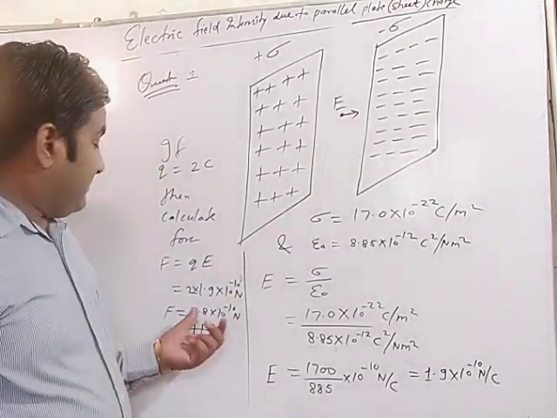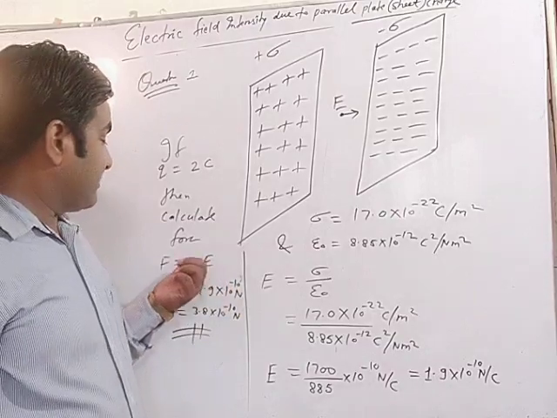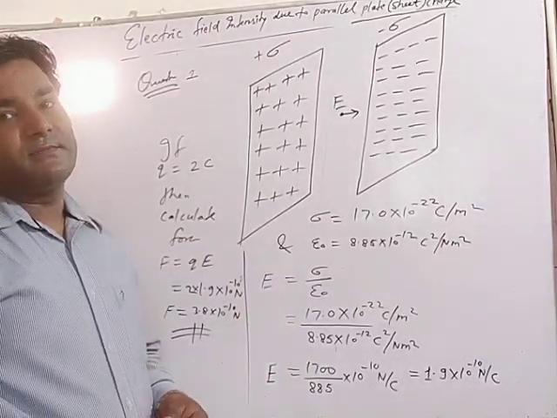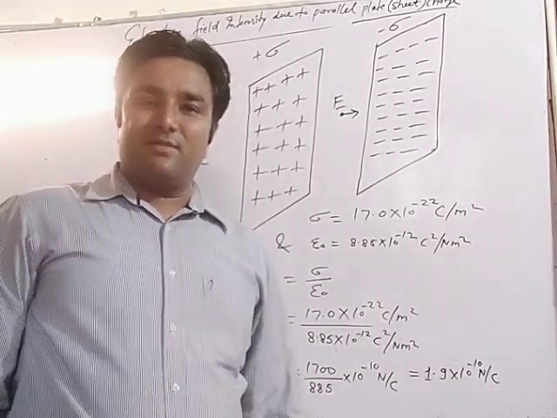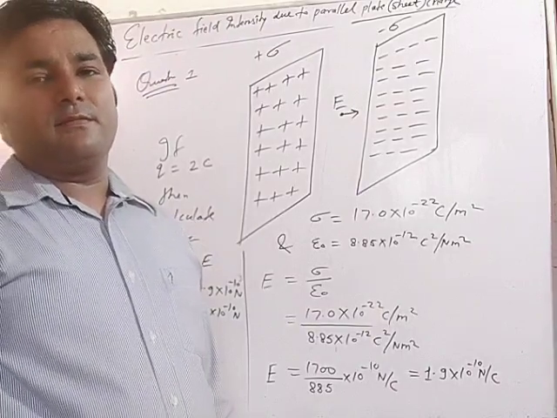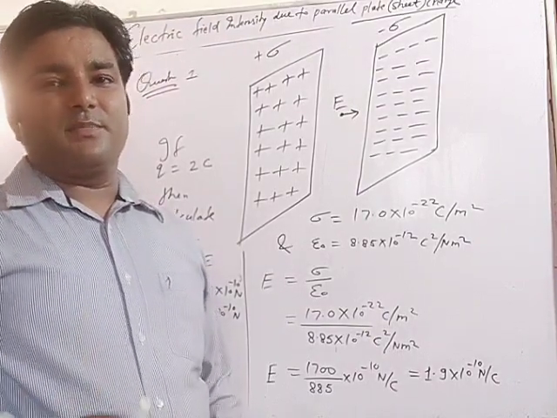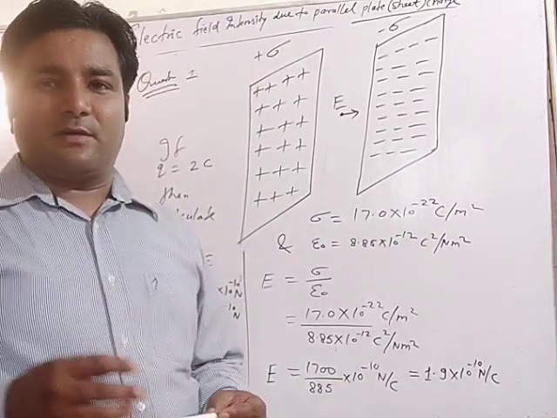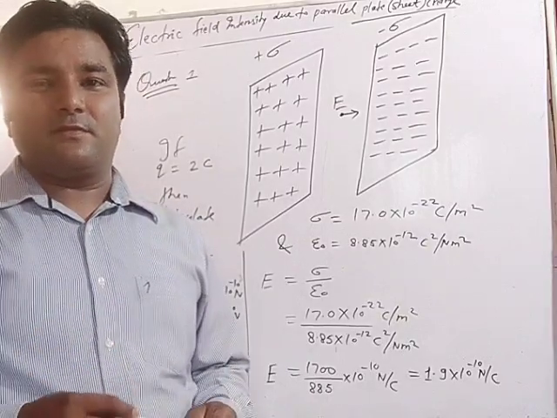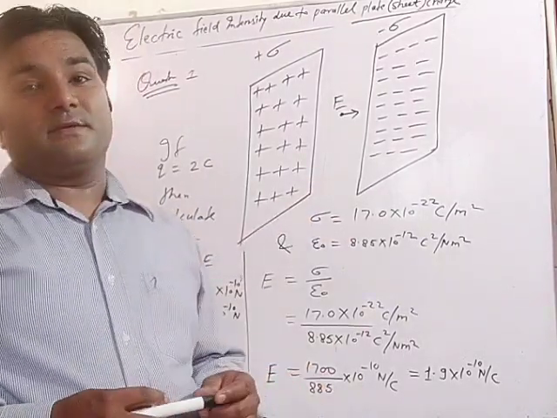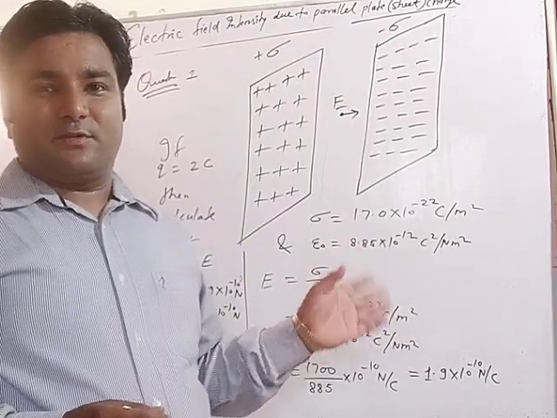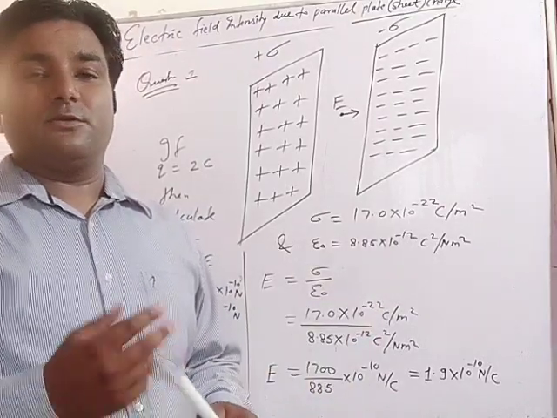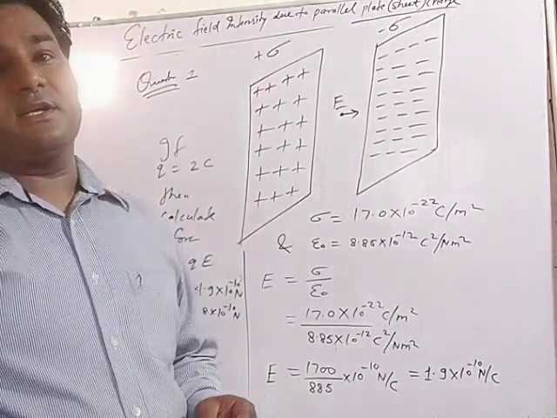Whenever you have to calculate force, by the easy formula F is equal to QE we can solve it. First of all, we have to solve for intensity. It is a very simple concept. Whenever the diagram concept is clear in physics, you can derive any formula in simple steps. If one formula is related to another and you know one formula, then you can derive the other. So you have to go step by step through the previous concepts. Whenever the previous concept is clear, then you can derive the formula given in your second derivation.